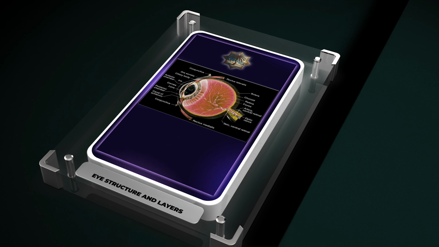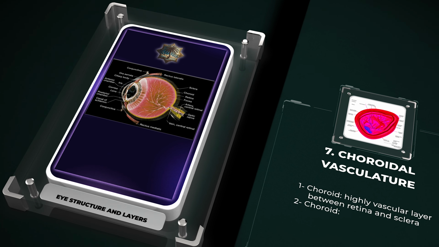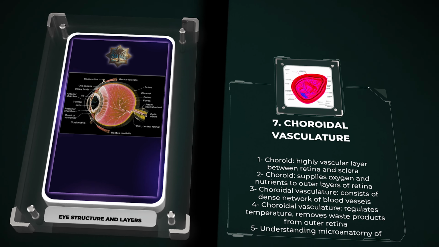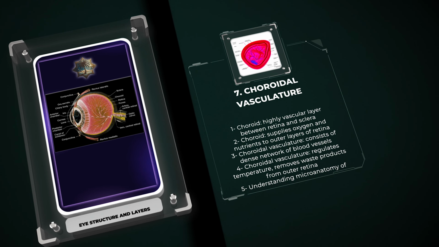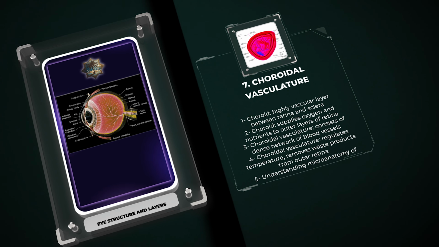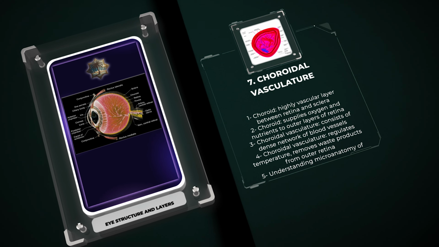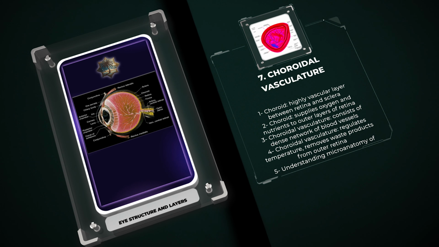The choroid is a highly vascular layer located between the retina and the sclera. It supplies oxygen and nutrients to the outer layers of the retina. The choroidal vasculature consists of a dense network of blood vessels, including arteries, veins, and capillaries. These blood vessels help maintain the metabolic needs of the retinal pigment epithelium, RPE, and the photoreceptors. The choroidal vasculature also plays a role in regulating temperature and removing waste products from the outer retina. Understanding the microanatomy of the choroid is crucial in diagnosing and managing conditions such as choroidal neovascularization and central serous